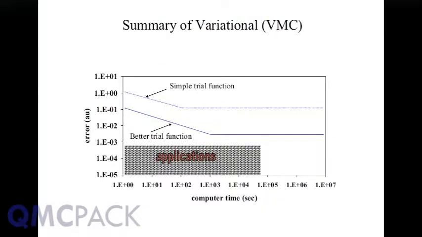So here's a kind of a summary. This is the logarithm of the error, and this is the logarithm of the computer time. If you take a simple wave function, it converges like 1 over the square root of computer time, and then it flattens out because your trial wave function is not very good, and it's above the exact energy. If you take a better trial function, it converges with a better efficiency, so this is smaller, and it also goes asymptotically to a lower energy. Now we want to get into here, which is what diffusion Monte Carlo is going to get into, what you really need for